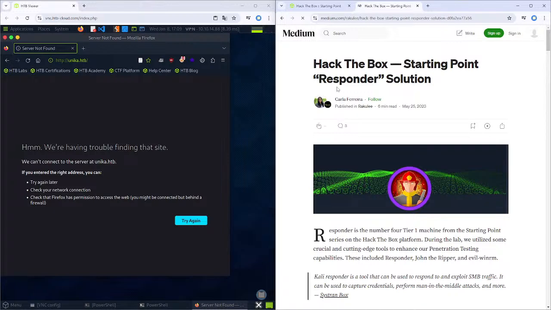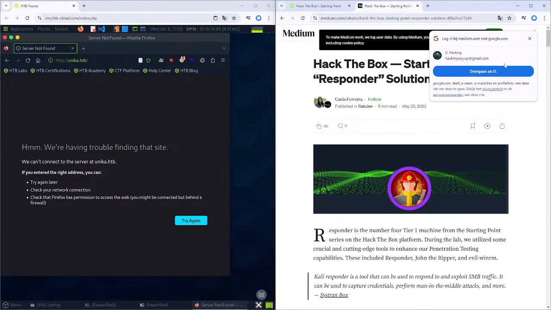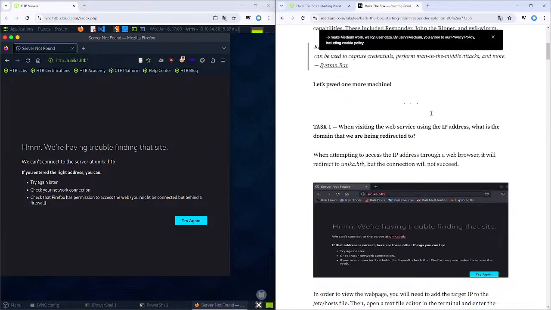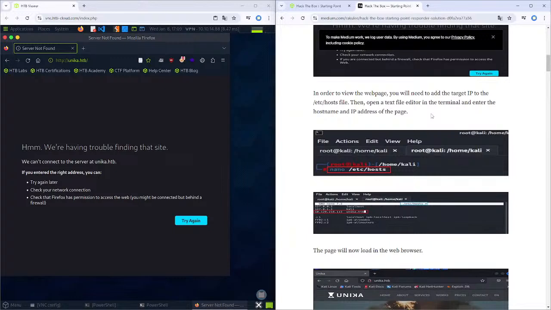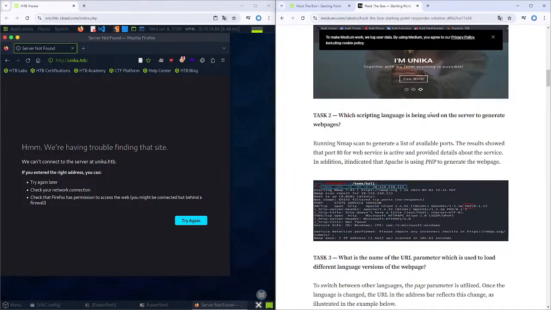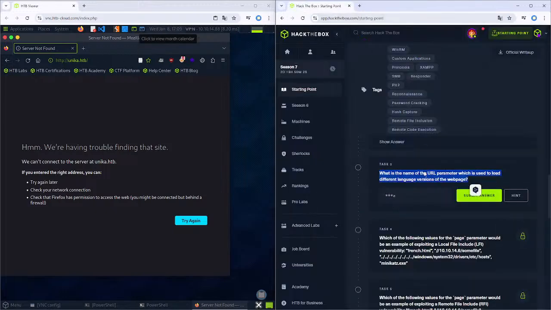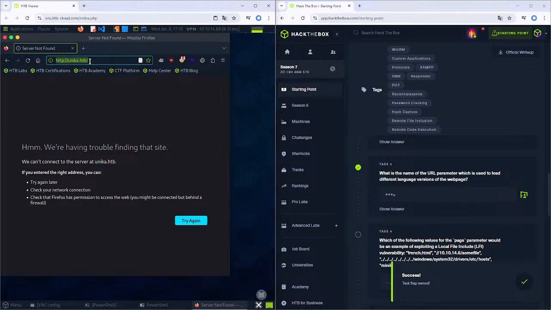Let's actually go to the solution. Oh, okay. So you can do the page. So you can do, for example,